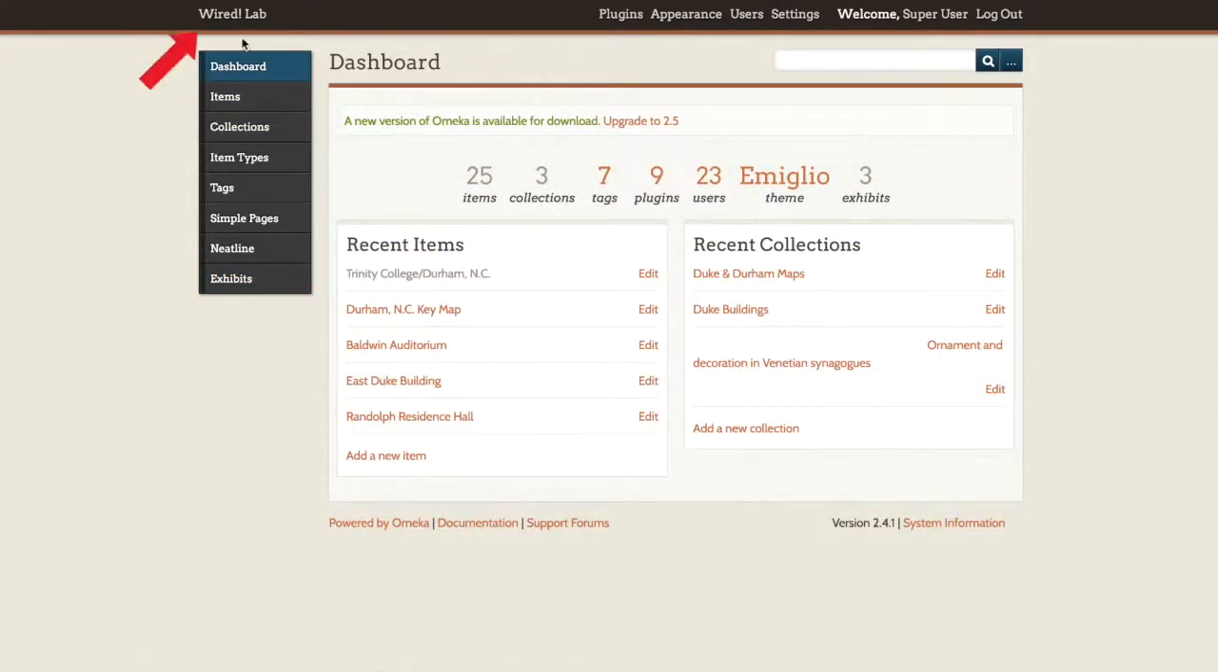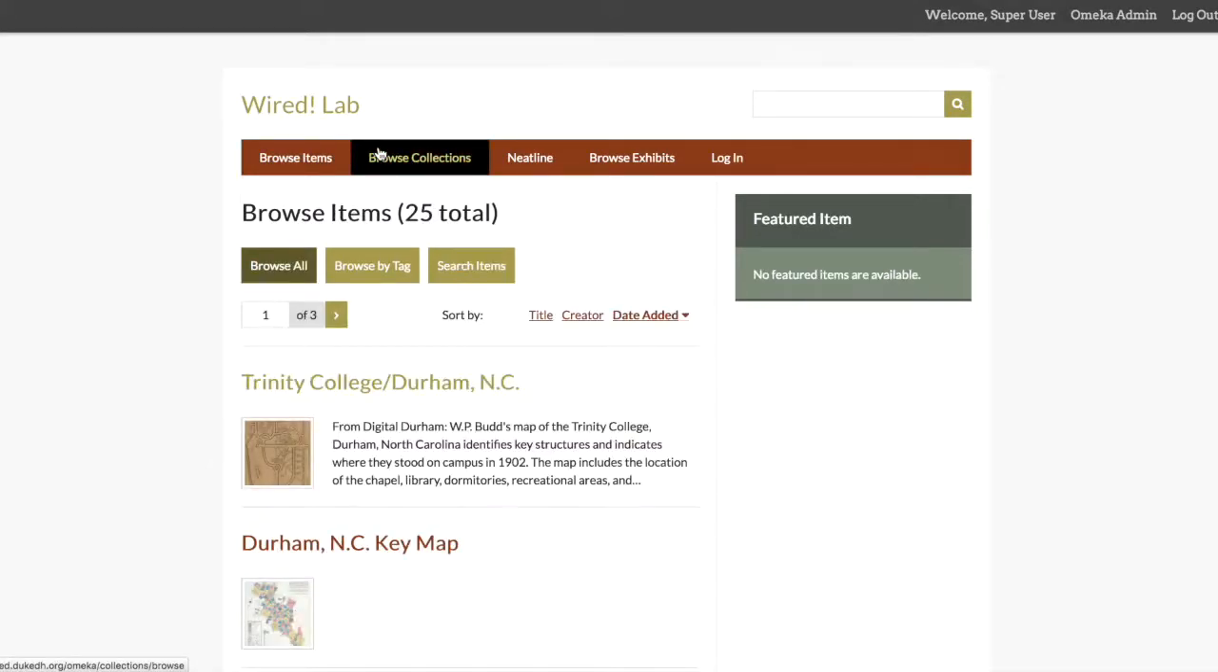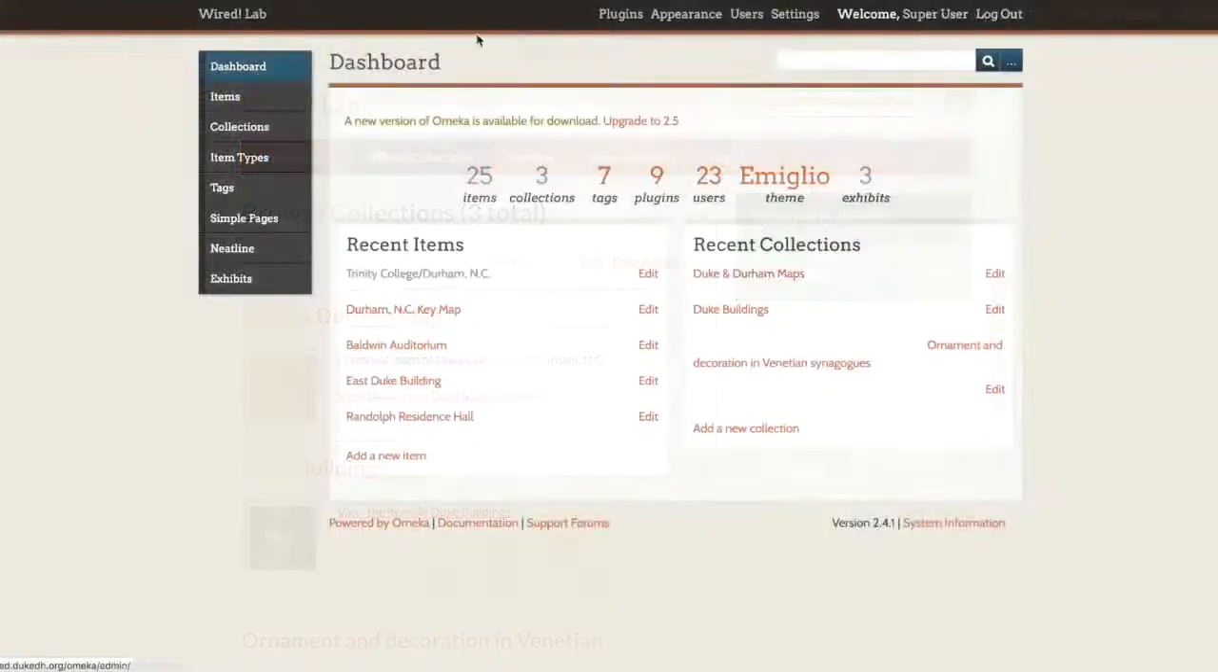You can view the public version of your Omeka site by clicking on the site's name at the top left corner of the dashboard. You can use this feature to check the appearance and functionality of your site as you work. You can also use this feature to view unpublished or private content on the site that public users cannot